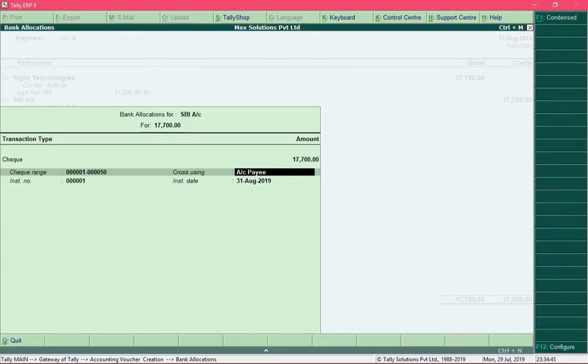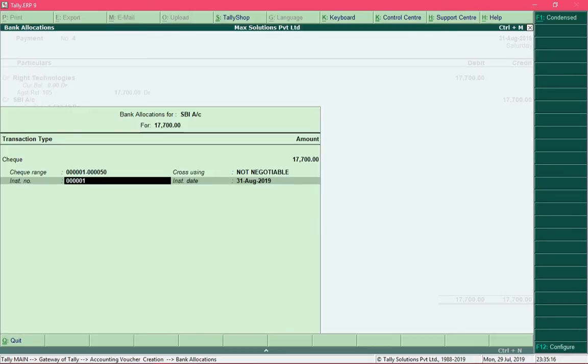Over here you can specify the text that you want to place between the parallel lines. So you can write any text, something like this, and press the enter key and specify the instrument number in case you wish to change the default instrument number over here.